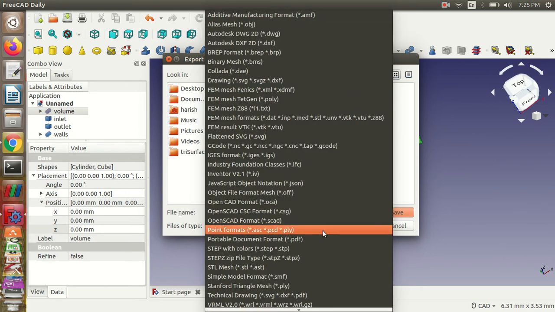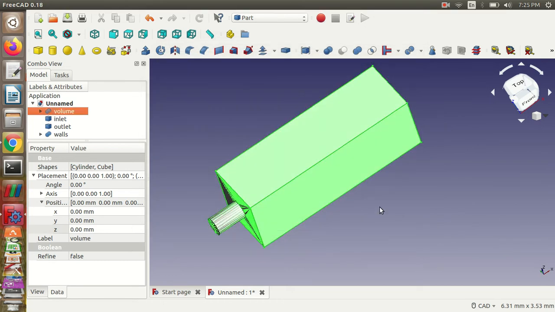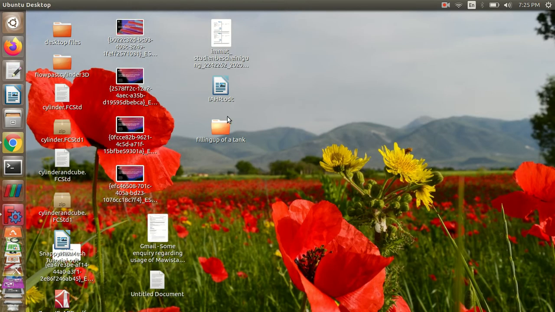We need to save it as an .stl file. I'm just naming it volume. Okay, we'll quickly see whether it is created now.